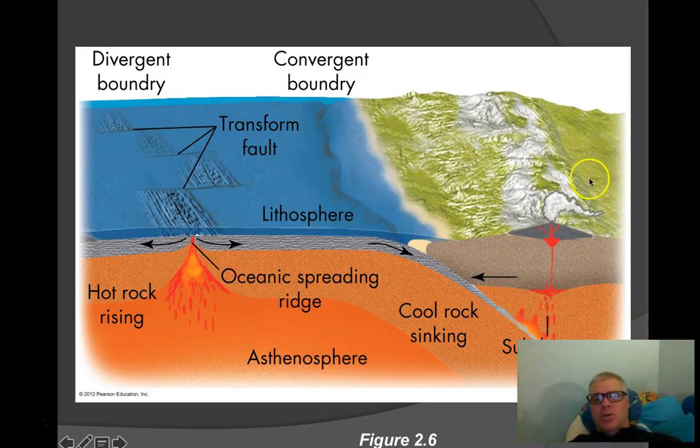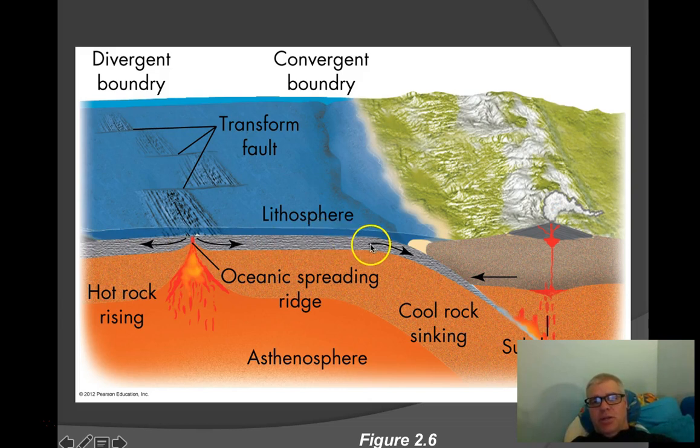And so I want to go to this picture here. This shows this as a diagram, whereas if you go to where you have the spreading zones, which are typically in the middle of oceans, like in the middle of the Atlantic Ocean, there is one on land. The Rift Valley of East Africa is a spreading zone that's on land, but most of them are in the ocean. And what happens is that this is a place where new crust is being formed, and you're getting volcanism that's creating this new crust, and it's pushing these plates apart from each other.